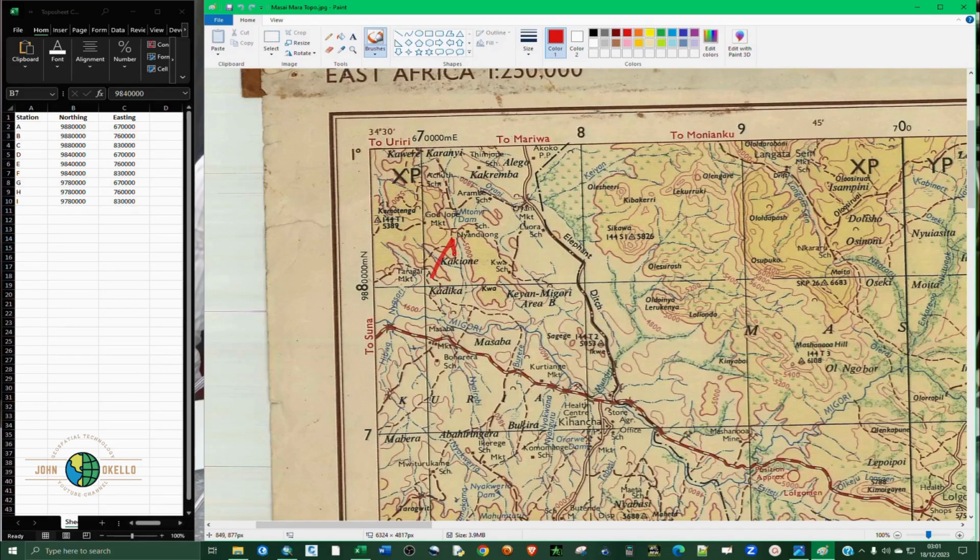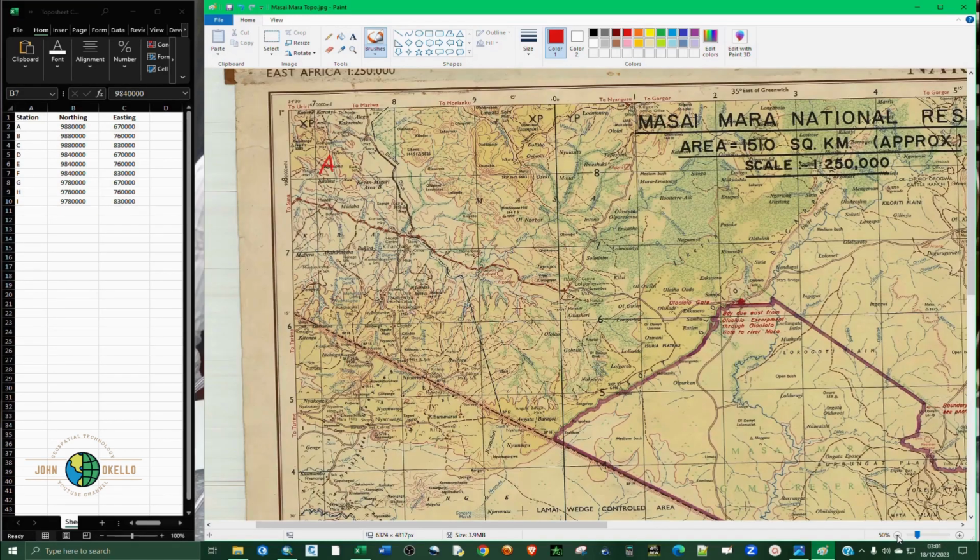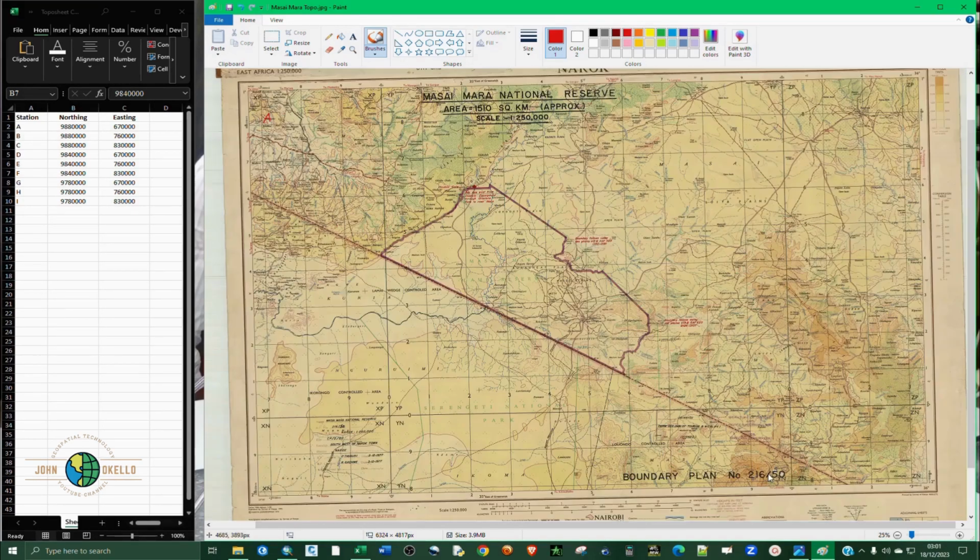So I've selected this intersection here as my first control point, and then let me just reduce this a little bit, and another one along. I want the next one to be at this particular point here. So this should be point B, this should be point C here,